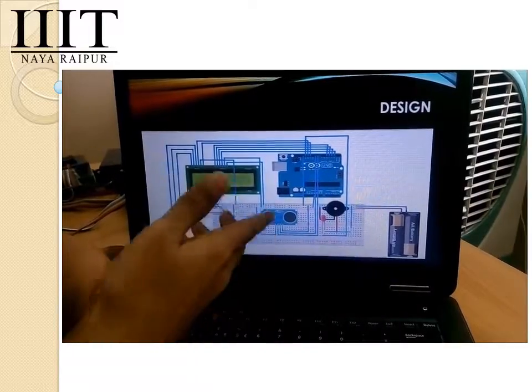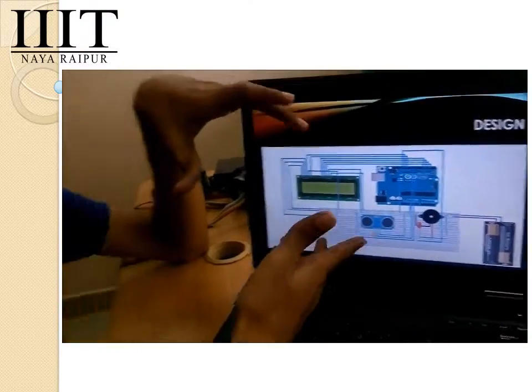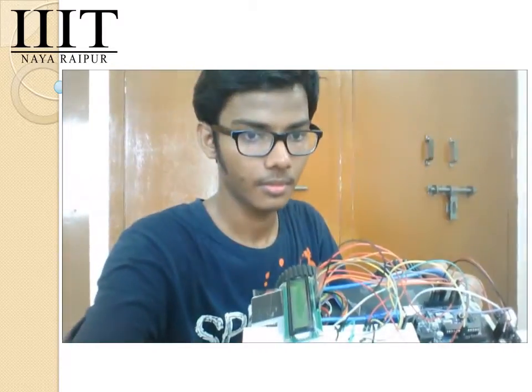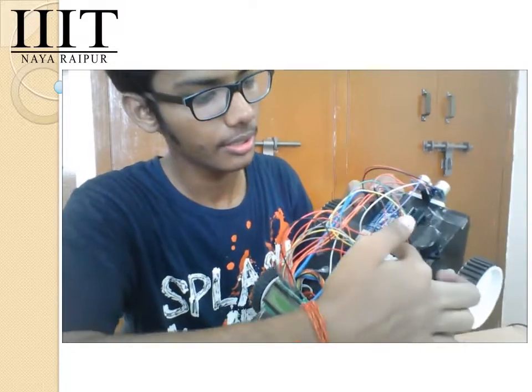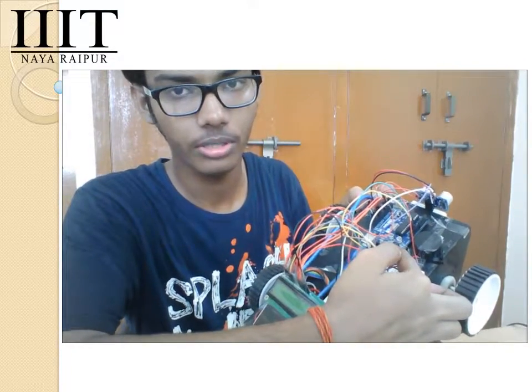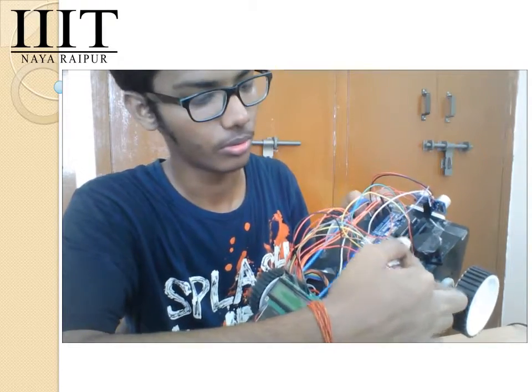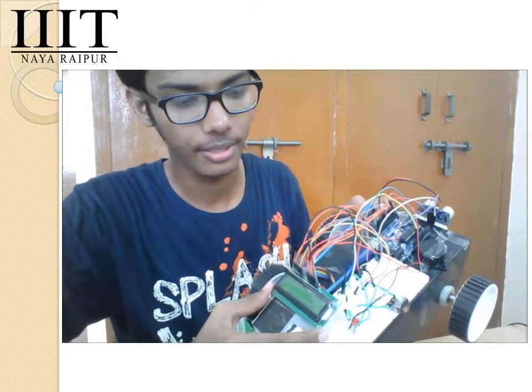Here it is defined how it will be connected in our reverse car parking system. Let me explain the circuit. As you can see, this is our project, and this is the Arduino Uno, which works similarly to the Arduino Uno. This here is the 16x2 LCD display.